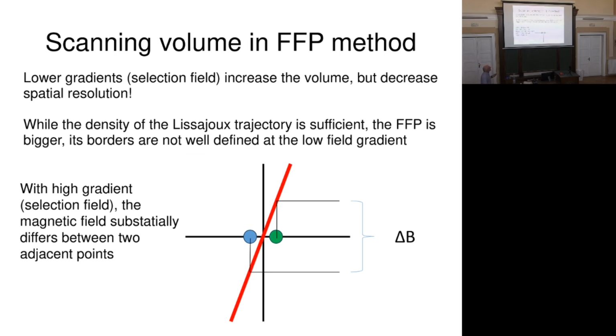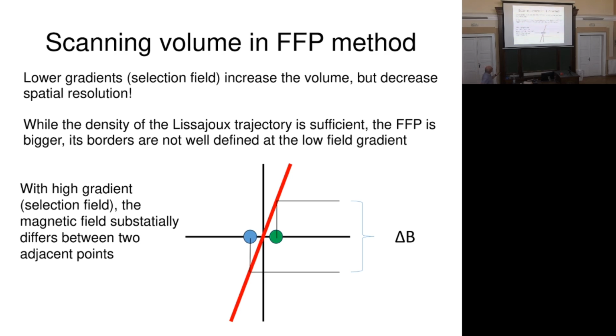And there are two aspects. First is that if we lower the gradients, it might happen that we are not able to distinguish points which lie close together. So if I have 2 points, 2 samples, green and blue one, and apply a strong gradient,